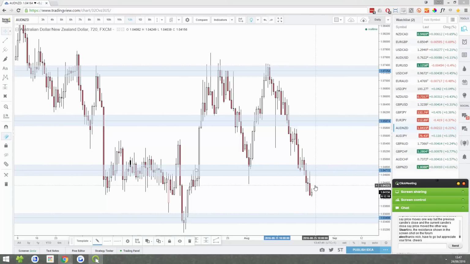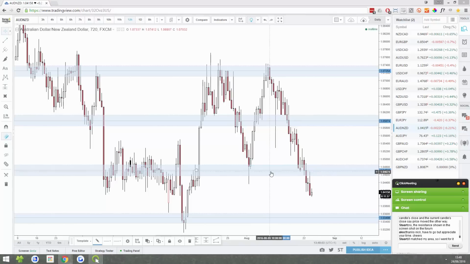Well, you know what I'm going to say to that? Don't trust other people's support resistance areas. Just because someone posted a trade to the forum with their own support resistance areas, you shouldn't trust them. You have to place your own support resistance areas. All right, fair enough, if I matched yours,